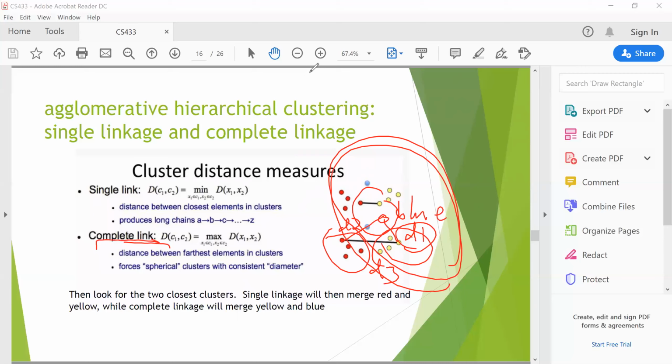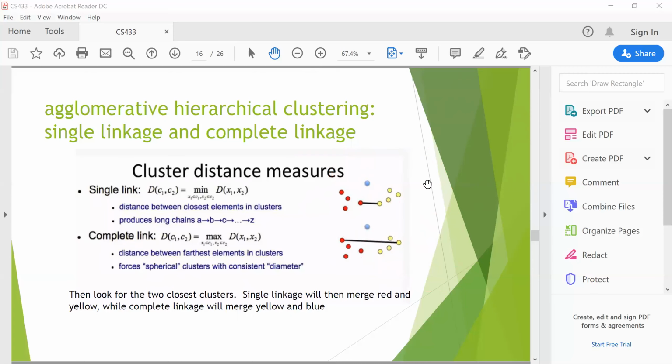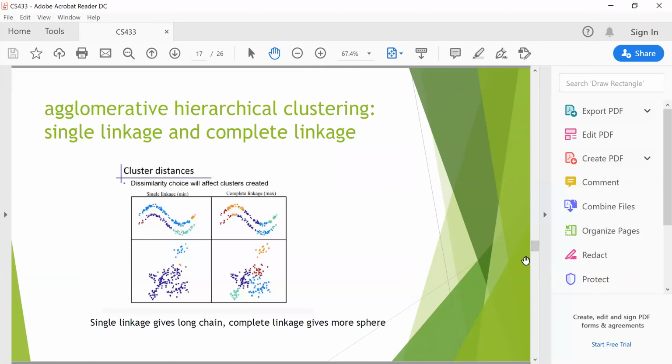And with the complete link, the cluster shape will look more like a sphere kind. So that's the concept of single link and complete link. And here to give us a visual result between these two. If you take a look, you will see, if you use single linkage, the different color